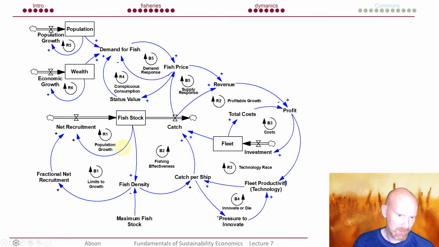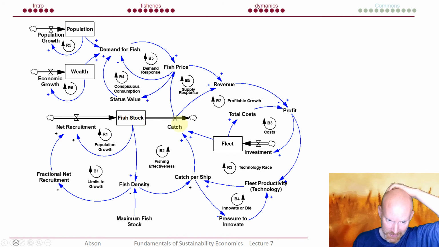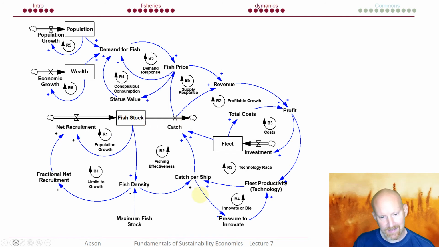So this is once the fish density reaches a certain level, the amount of new net recruitment decreases, so the amount of fish stock growth slows down. And then you can also relate it to things like technology, which we've talked about. This is basically what happens from your perspective in the game.